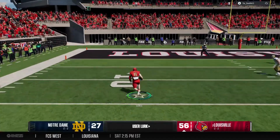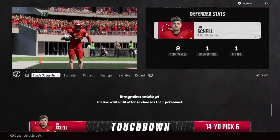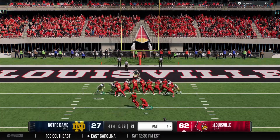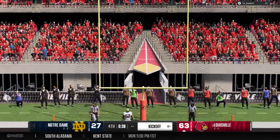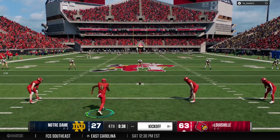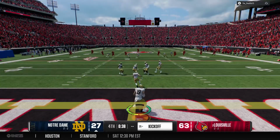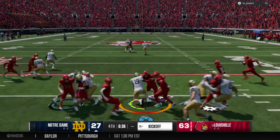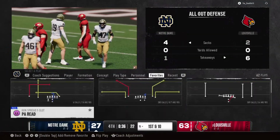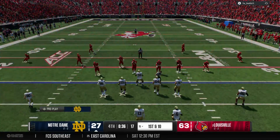Yet another interception. The disastrous performance continues. Touchdown, Cardinals. Wow, what a play, a defensive score. Great job here by the defense coming up with yet another play. Boy, they are just pouring it on today, dominating in every phase. Automatic on the PAT. And from deep in the end zone, he'll bring it out. Solid coverage there. They get him at the 15. That's where the offense will take over. Here's the first play of the drive now, back